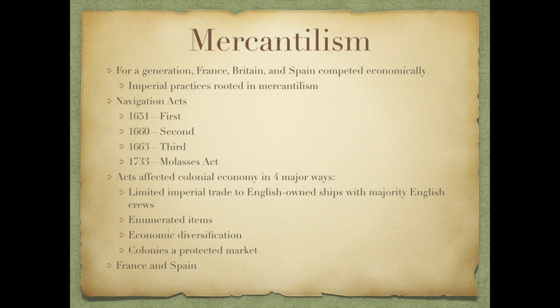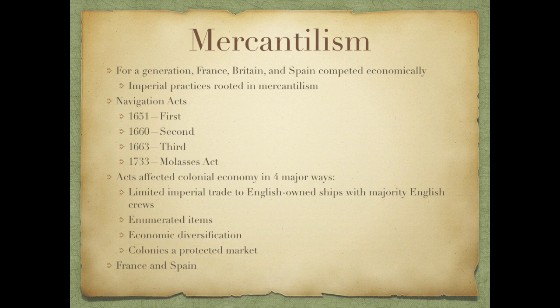Each country sought to produce everything they needed without relying on other nations, while also obliging other nations to buy from them. Generally, how this worked was that the home country would do most of the manufacturing, and the colonies would supply the raw materials as well as provide a market for those manufactured goods to then be sold to.